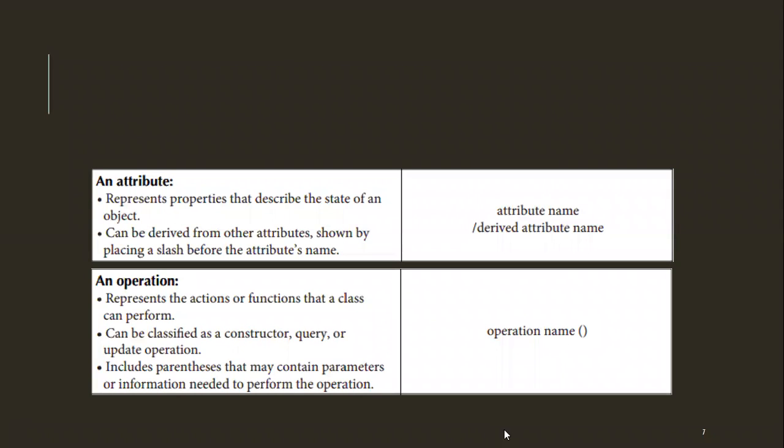And then parentheses may contain parameters, the information needed for performing the operation. So that is what they are mentioning. When you are creating a method, you should use a parenthesis. We call this a parenthesis. Braces, parentheses, brackets, commas, when we are coding, are programming operators, or we can call them operands. So when you call an operation, when you call a method, you have to use a parenthesis.